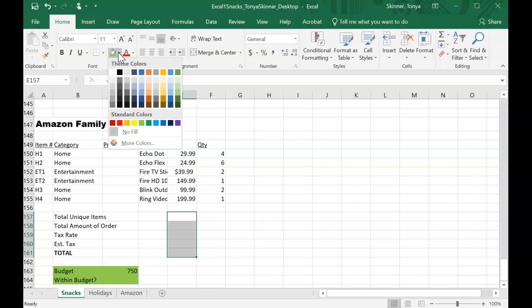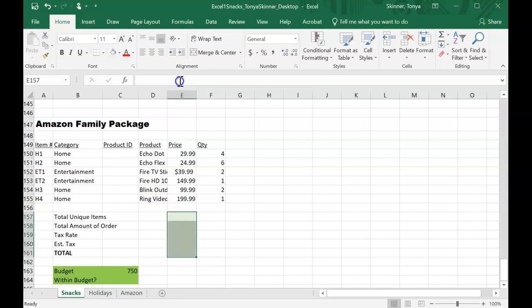Now this is not in the standard colors, these are theme colors, so it's that final column. It's going to be green accent 6, lighter 80%. It's that really pale one. Okay, so at this point now, we are going to be ready to cut these cells, and we're going to